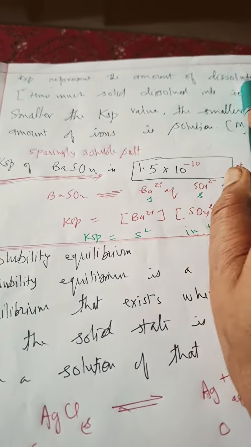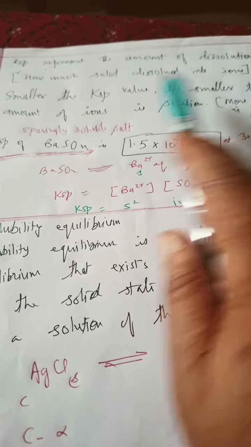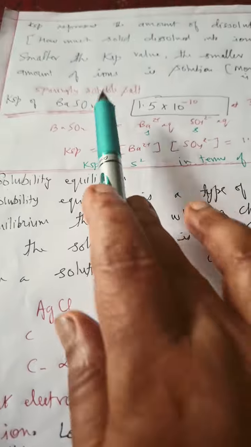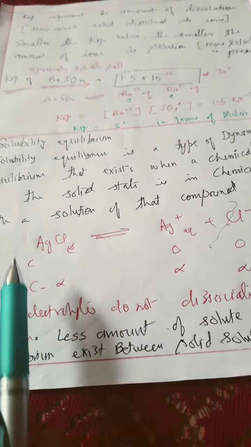Okay, now here I took some examples. For a small Ksp, the smaller the Ksp value, the smaller the amount of ions in the solution. Here I have written the value. Solubility equilibrium. Solubility equilibrium is a type of